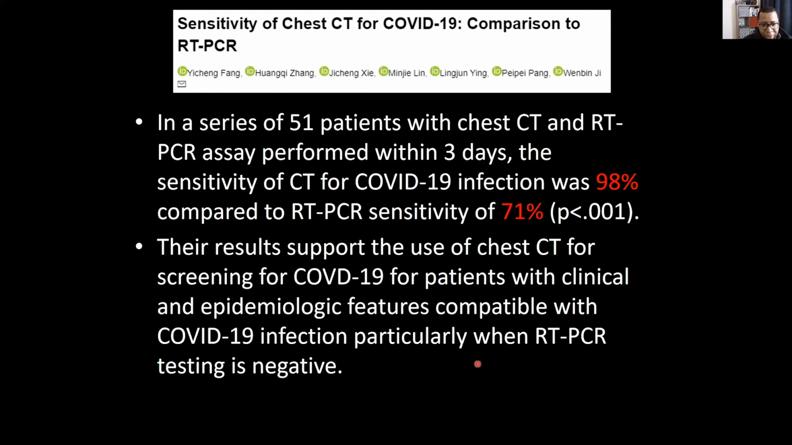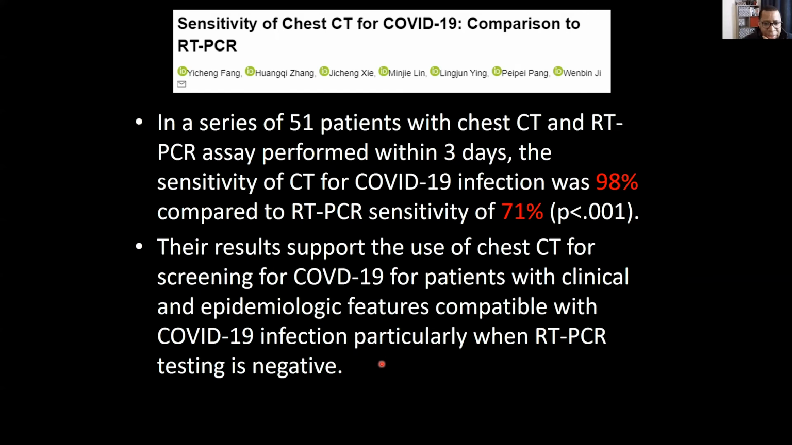You can have rounded morphology, and you shouldn't really have cavitations, micronodules, tree and bud opacities. You typically don't have a lot of pleural effusions, and you shouldn't expect things like lymphadenopathy as much. Okay, so